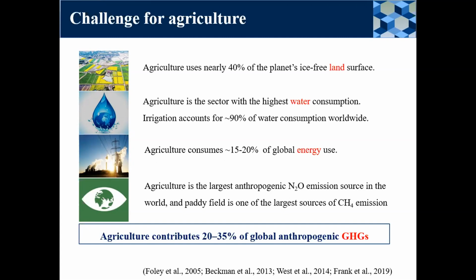Irrigation accounts for almost 90% of the water consumption worldwide, and also 15 to 20% of the global energy use. Agriculture is also the largest anthropogenic nitrous oxide emission source in the world. We also know that paddy field rice cropping is one of the largest sources of methane emission. Agriculture contributes almost 20 to 35% of the global anthropogenic